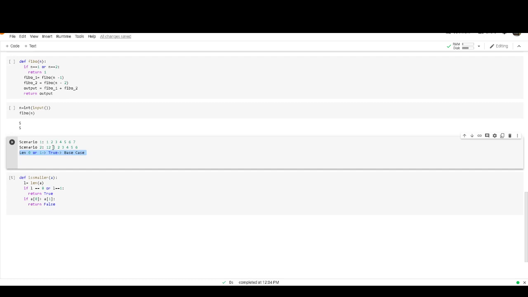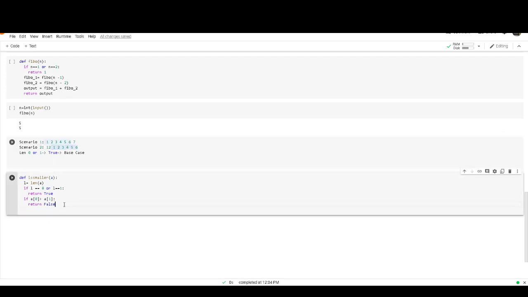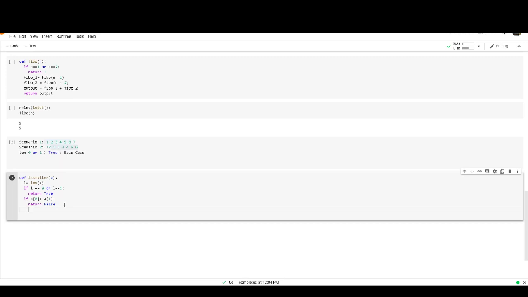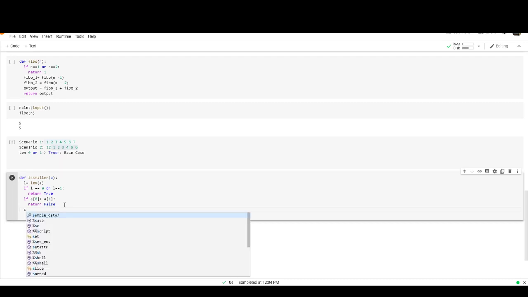Now the only remaining part is the rest of the list. How can we proceed with that? This is a of 0 and this is a of 1, and then it goes on like forever. So we need to prove that part.